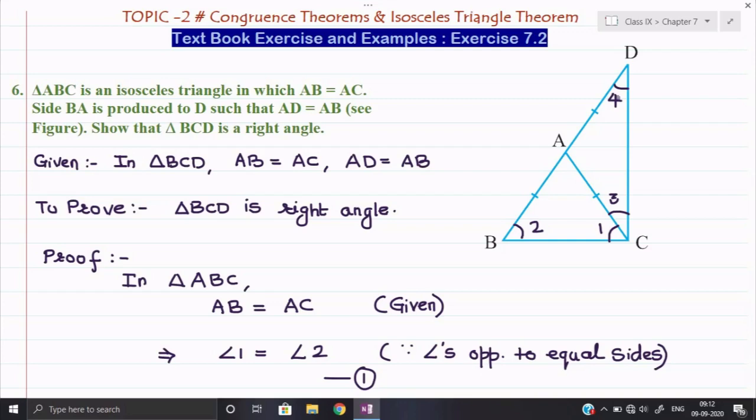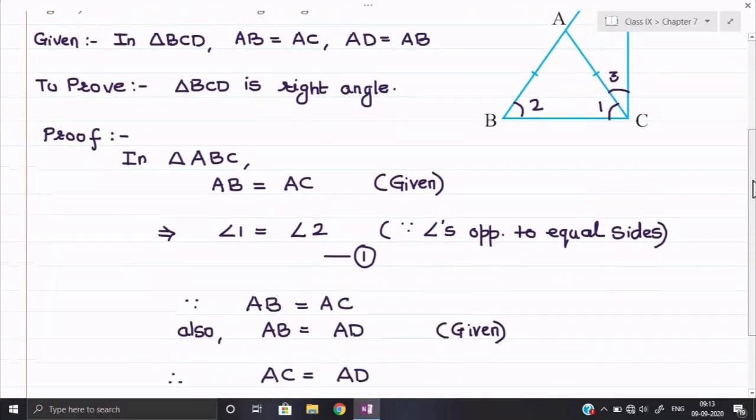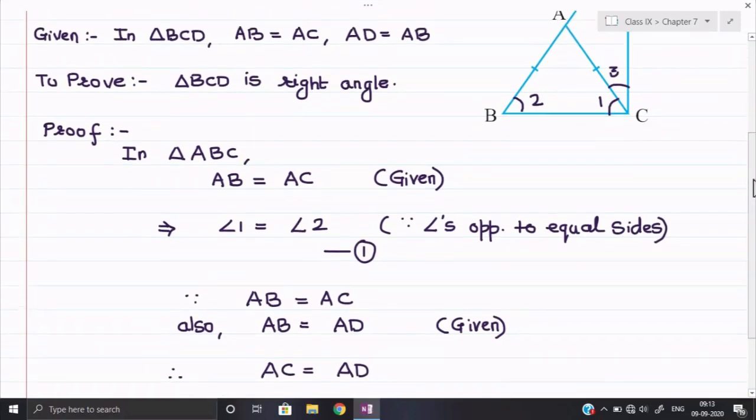One thing you need to note over here, I am considering only triangle ADC at the time. So in triangle ADC, whichever angles are opposite to the respective sides, that only we are going to consider. So angle 3 is opposite to AD, while angle 4 is opposite to AC. So we shall write down now angle 3 and angle 4 are equal. Only one thing you need to care about here. You can write angle 3 is equal to angle 4, or angle 4 is equal to angle 3. Both are the same. But one care you need to take here.